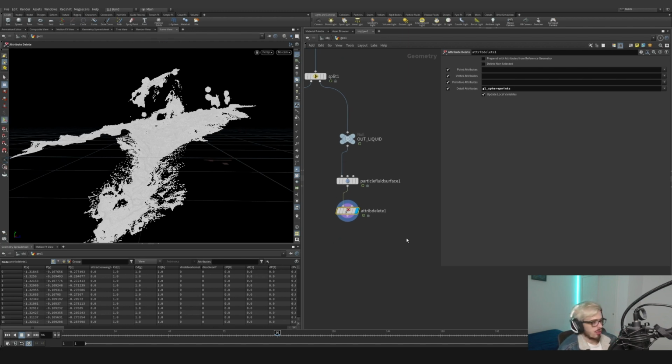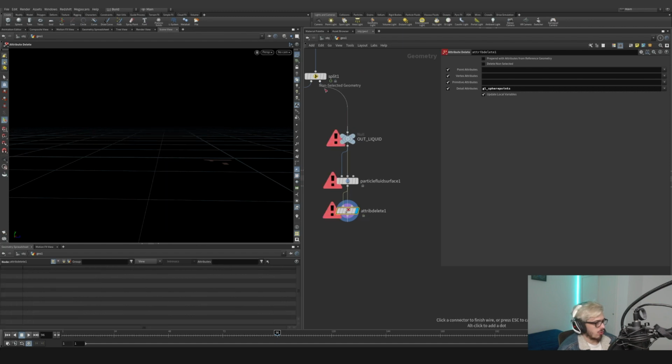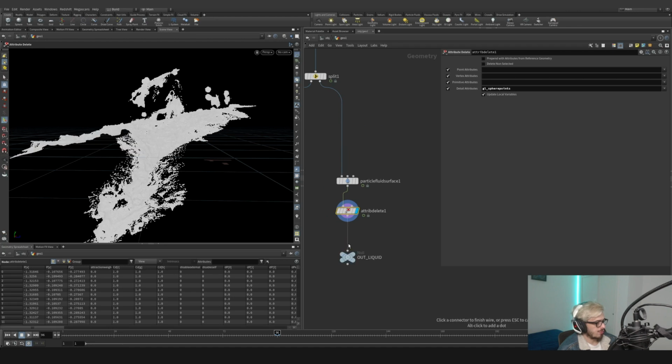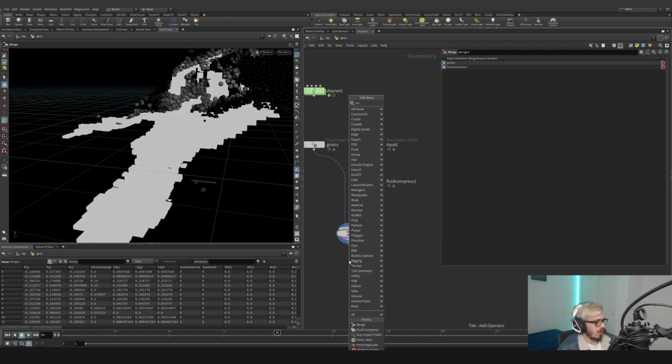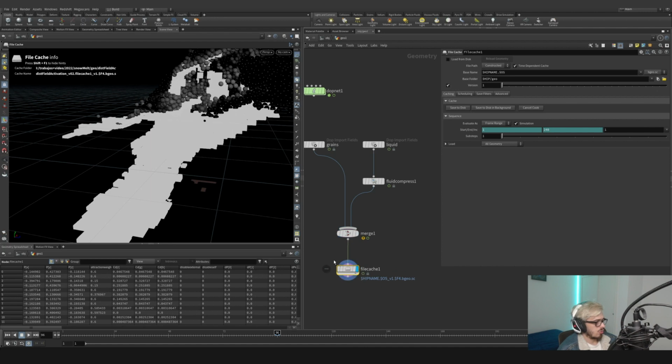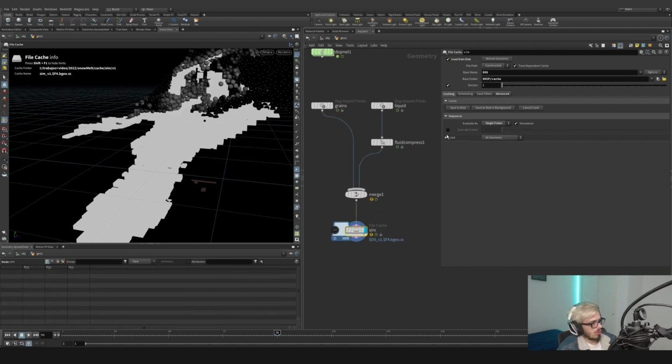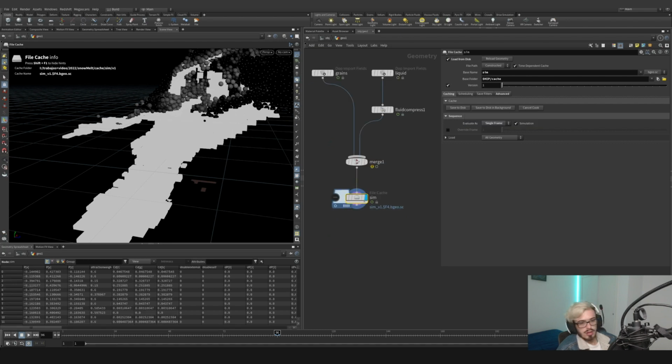This is very nice, and we're going to do the following. There we go. So we have the out liquid here, and now we want to mesh this guy. We're going to do a file cache, and this will be called sim. This will be set to the folder cache, and we're going to save a range. I'm going to only save a single frame, and we will see what happens. We have everything here,